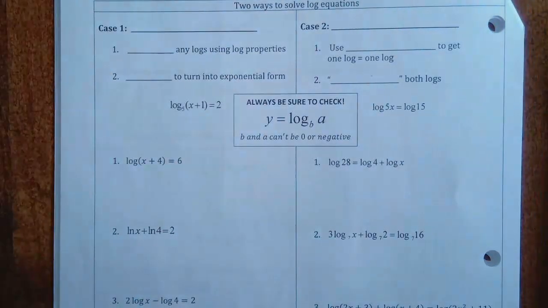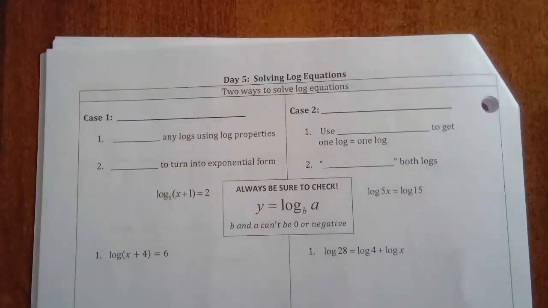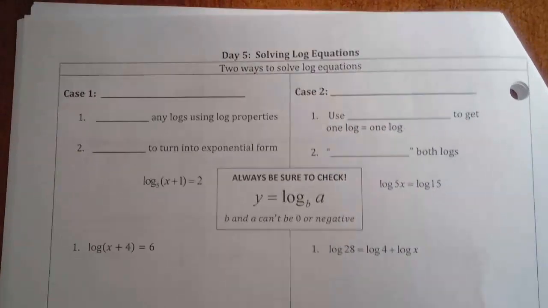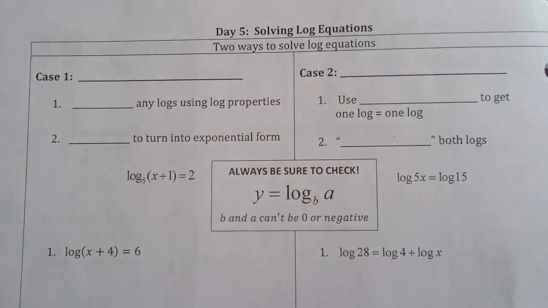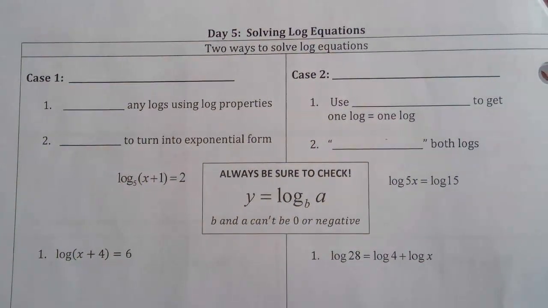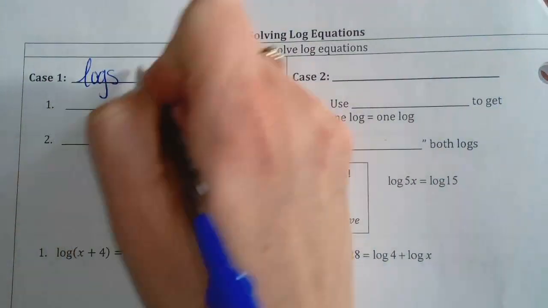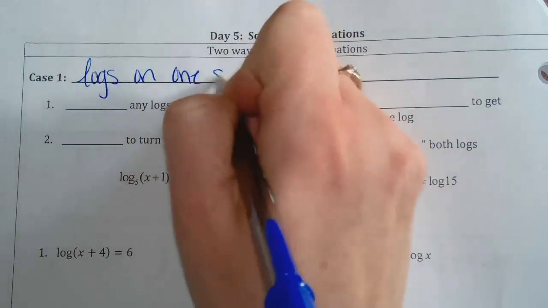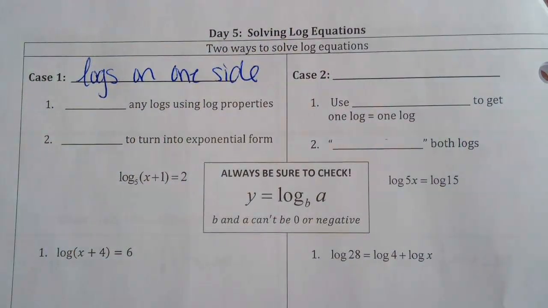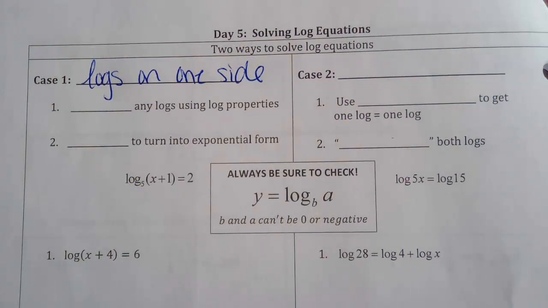We are going to be solving log equations, but we are going to use that lasso property that we learned, that we've really been practicing since day 1. And there are two cases that you will notice when we are solving logs. The first case is if there are logs on only one side of the equal sign. So if you only have the word log written once and it's all on one side of the equal sign,